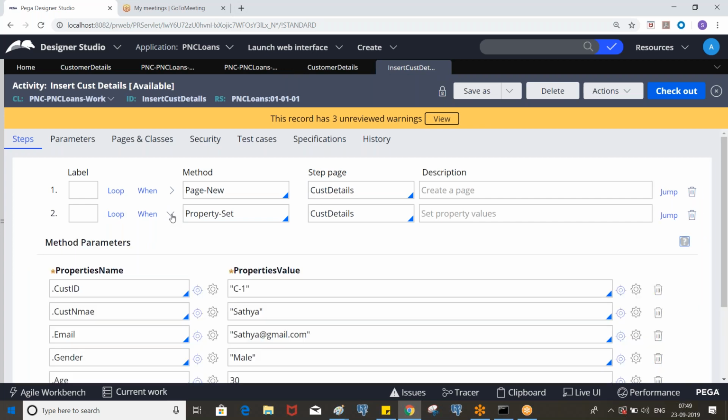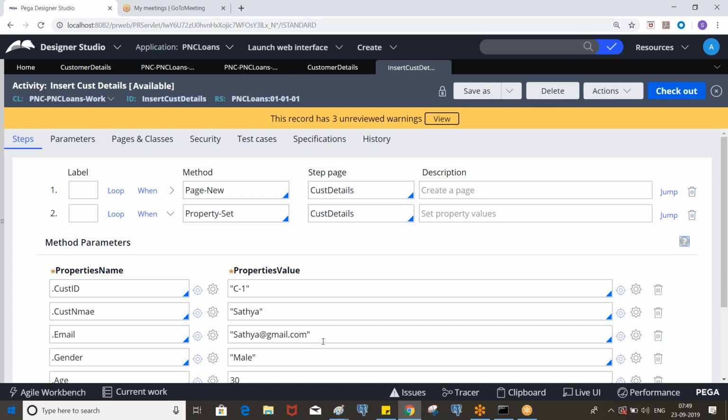On the UI, we already have first name and last name properties, and whatever data we enter here should be stored in the customer details class. It is anyhow stored in the work object table, but we are also storing it in a separate table. In that case, we should not hard code the values, and we need to capture them dynamically. So UI data is getting stored on which page?